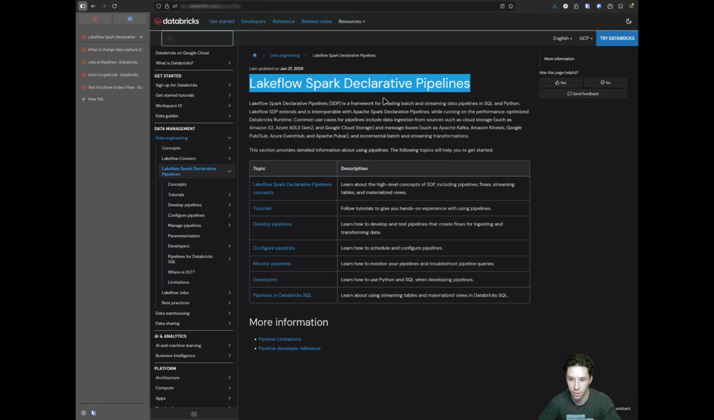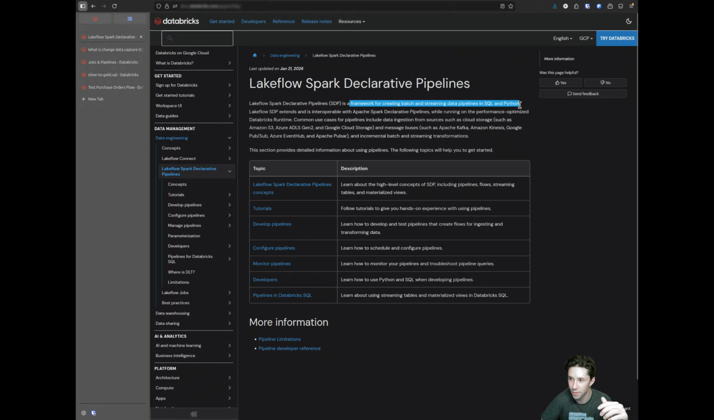So just a quick summary on SDPs, or Spark Declarative Pipelines, or DLT Pipelines, right? All it is is a framework for creating batch and streaming data pipelines in SQL and Python. So it's a way of ingesting the data a little bit quicker. You have a little bit more scalability, so that's kind of when you need it. So if you're ingesting a lot of data or streaming in a lot of data,